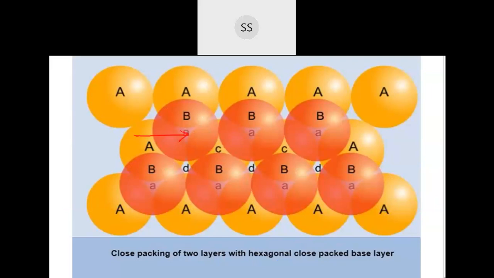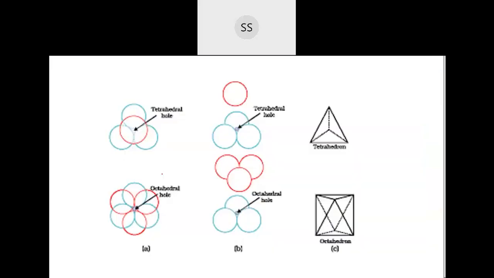So after you place this second layer, one kind of void you get here, the A marked ones, are tetrahedral voids. The other kind, the D ones, because of the six atoms joined together, are octahedral voids, because the shape is like that. We have discussed that three atoms below and one atom on top make a tetrahedral void. For octahedral, you can place three atoms below and three atoms above in the opposite manner. Once you place the triangle in this fashion, you tilt the triangle and keep it on top of that, and you get an octahedral void.